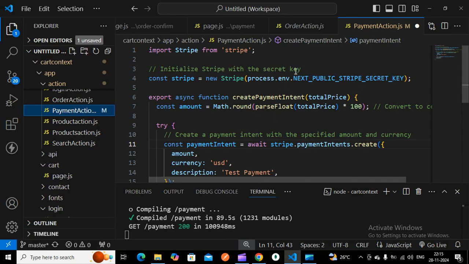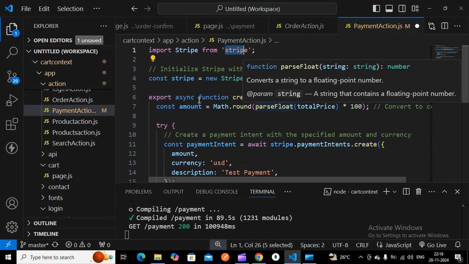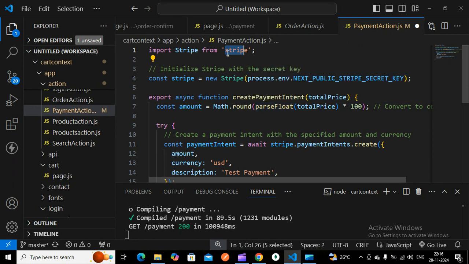Here I'm using the Stripe, right? In this particular, for the backend communication, we have to use the secret key. For the client side, we have to use a publishable key. You have to install this particular Stripe. So npm i stripe you have to install for the backend.